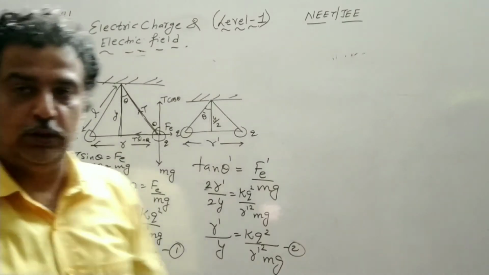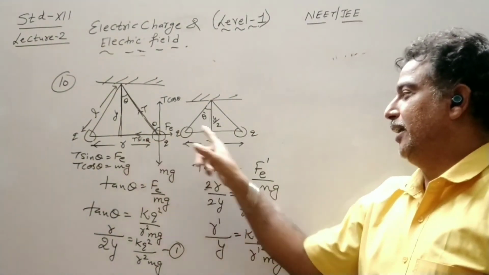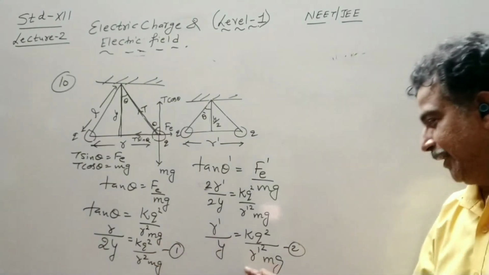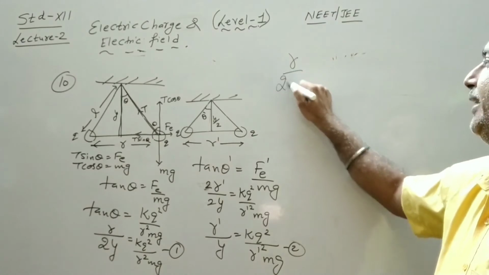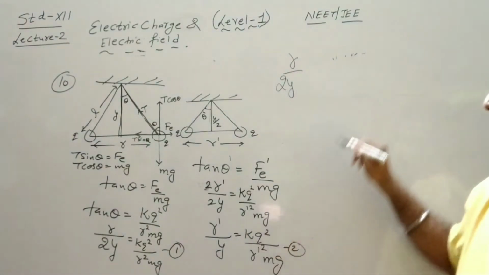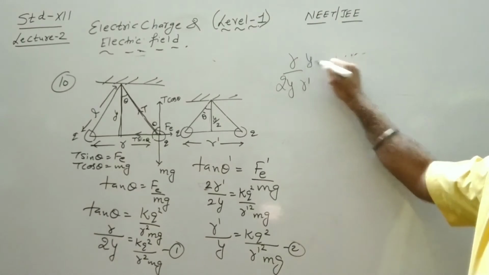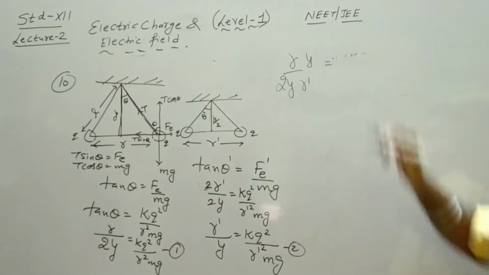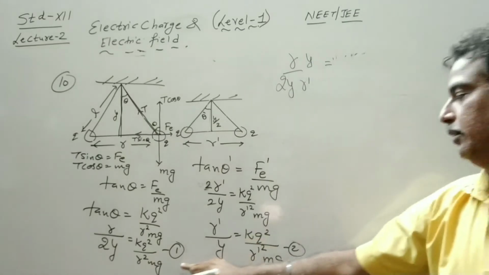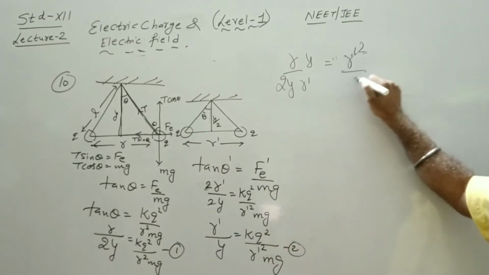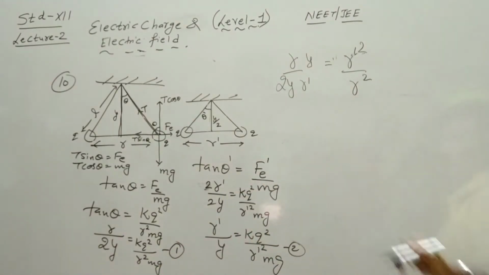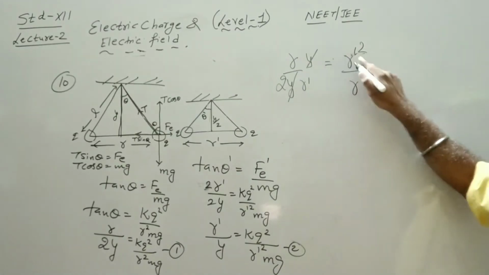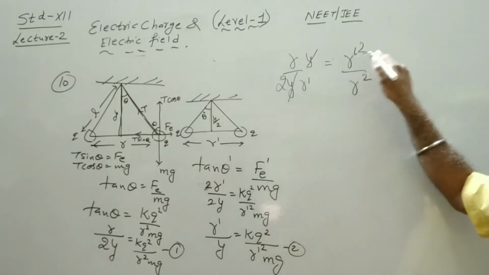Now we need to find out the relation between small r and R dash. So directly you can take the ratio of these two equations. So R upon 2y divided by R dash y is equal to R dash square divided by R square. So this equation divided by this equation. So y gets cancelled. We need to find out the relation of r dash, the new distance, so r dash goes there.